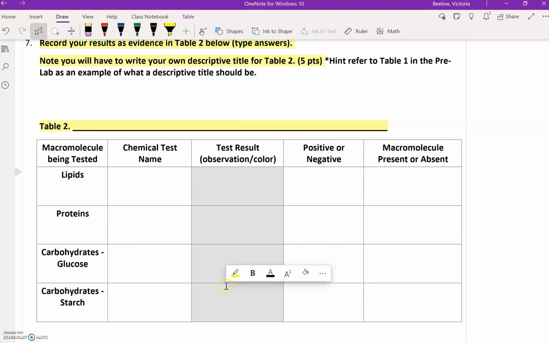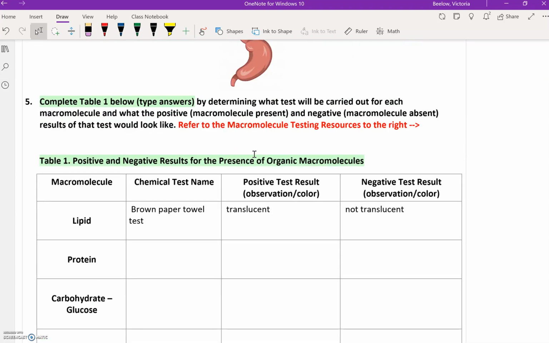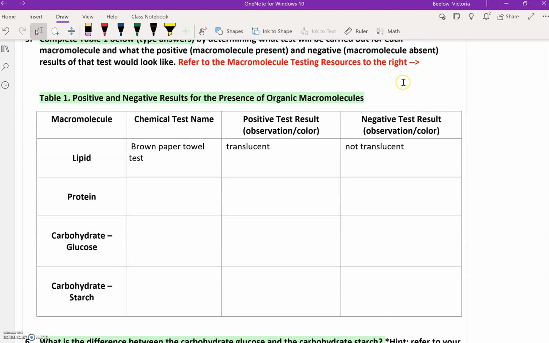And then here's the data from the lab of the victim's stomach contents. Don't forget to also include a descriptive title for Table 2. So Table 1 here is a really good example. So this says positive and negative